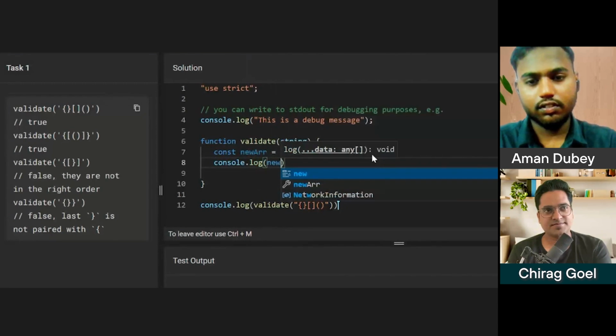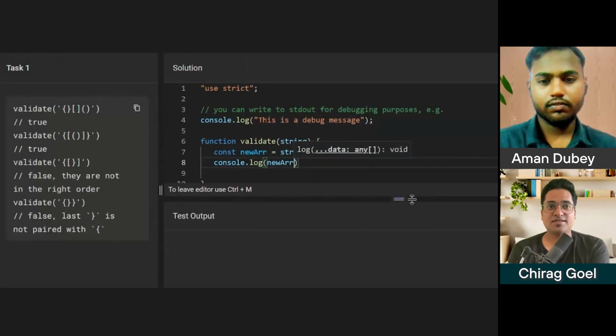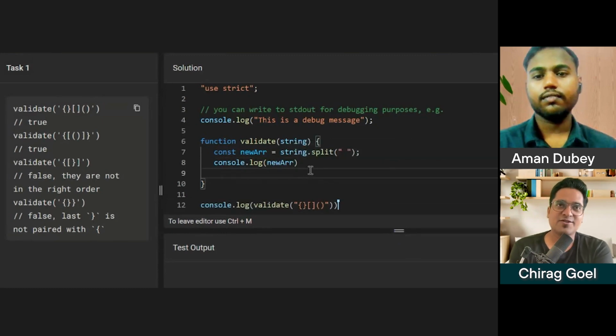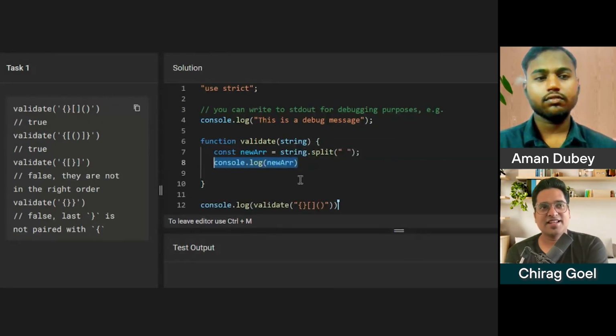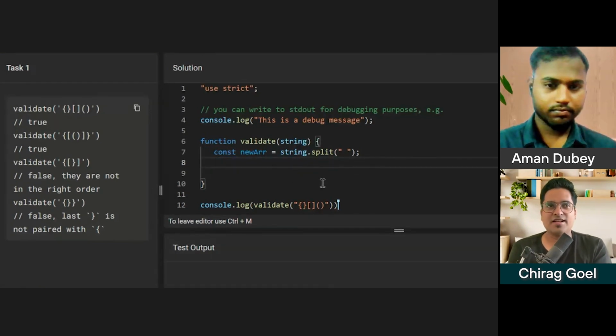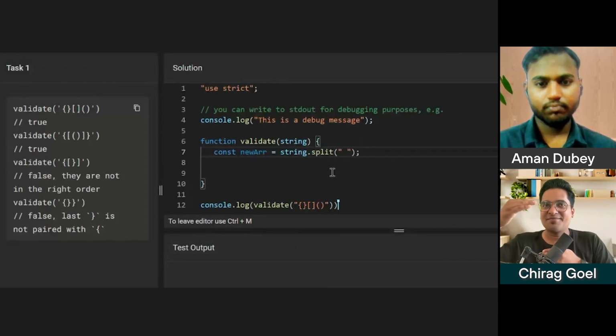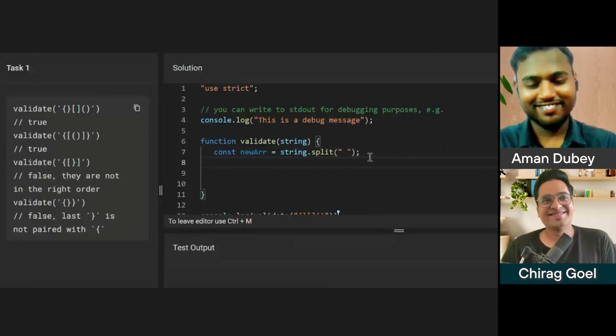Let's check whether it is right or wrong. One thing, we can always console.log and test each and everything that we write. But I will recommend that we come up with something and try that out, so that way we'll be more confident. We wrote something, and let's see what the outcome is.